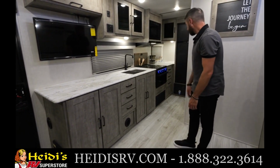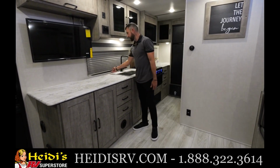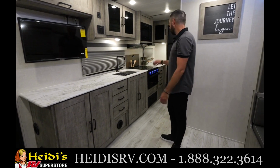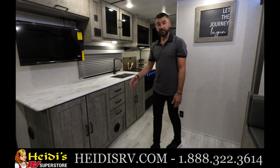6 pull-out drawers in this kitchen. Another set of big doors here. You've also got some beautiful windows here giving you a lot of natural light. Huge window here, which is really nice. You can sit here, work in the kitchen, look at your campsite, and a nice window in the corner as well. You do have power under there as well, so that's a great area for a coffee maker,